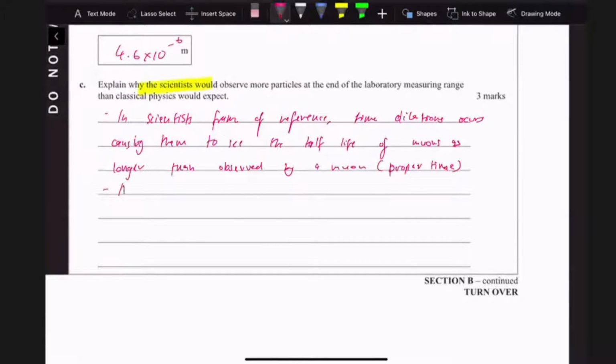So then, as they seemingly exist for a longer time before they decay, they are able to travel to the end of the laboratory, or like travel to the end. More, maybe I should write more of them. So more of them are able to travel to the end than expected